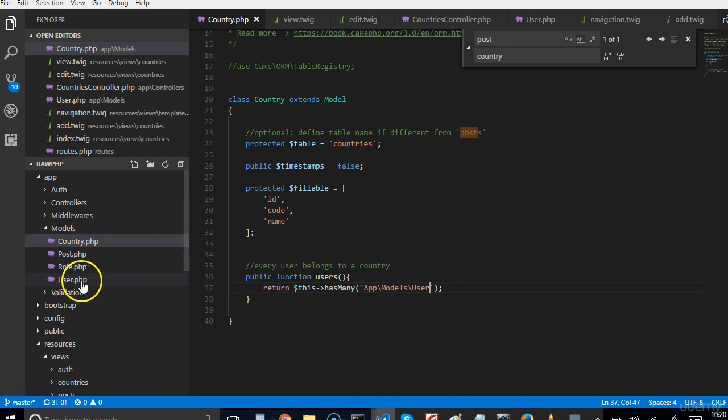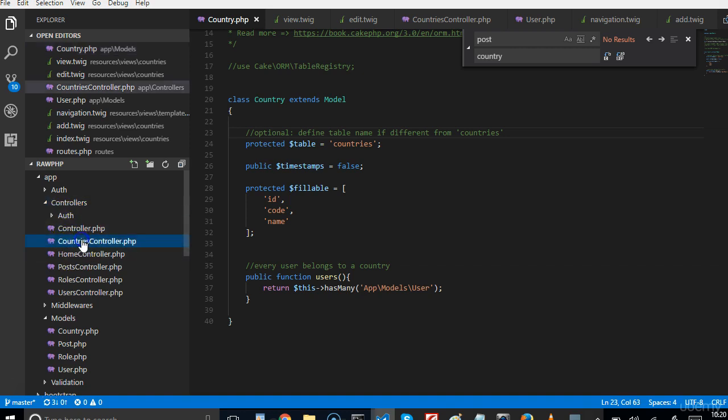We have a model called user. All right, so now we've sorted this out automatically because we name things properly. It will work out for us very well. All right, so you can always read more about this, if different from countries. Okay, good. We are good to go. So which means in our controller,